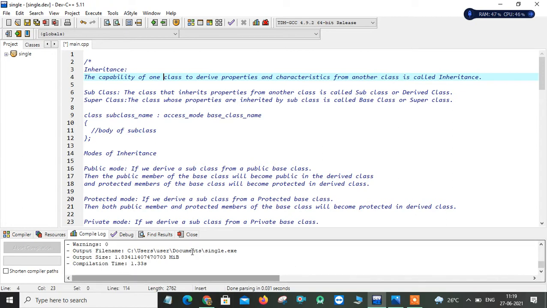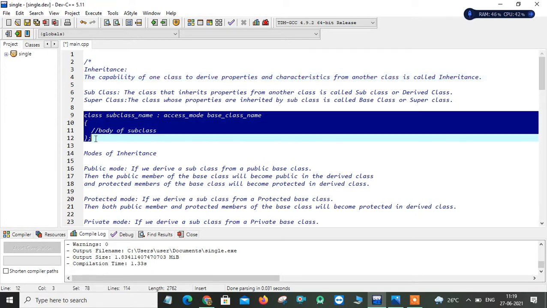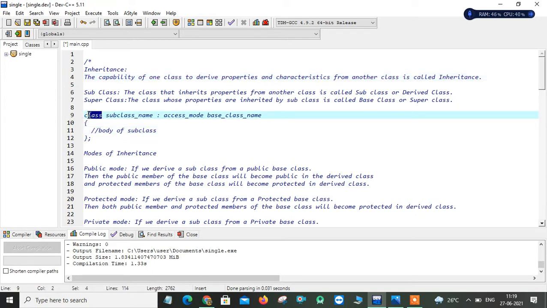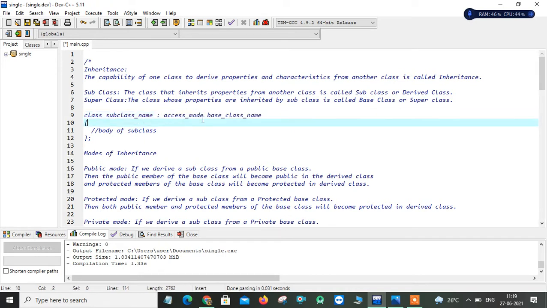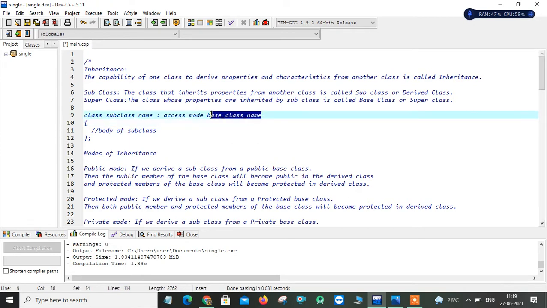Okay, so this is the syntax for how we can inherit from one class to another class. Here class is a keyword, and this is your subclass name, and we use a colon symbol. This colon symbol is used to inherit from one class to another class, and here we have to specify the access mode, and there we provide the base class, that is your parent class.